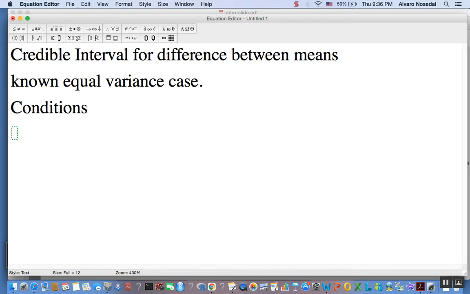Conditions: sigma squared known, the variance. We're assuming that we have a sample. Let me call it sample 1,